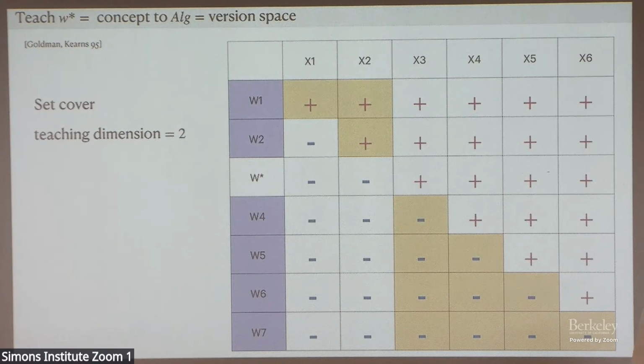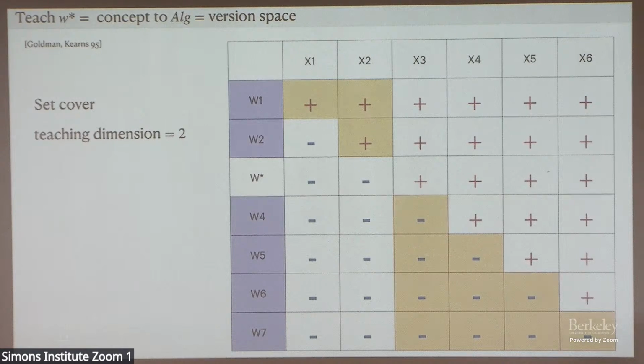So Sanjit's question is this. In the original paper by Goldman and Kearns, the learner was kind of implicit, because at that point it was assumed to be this version space learner. It's not any of the learners I'm going to talk about later. Because of that, it really is precisely this setting. So the classic teaching dimension is only defined for the version space learner.